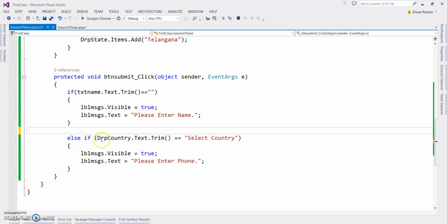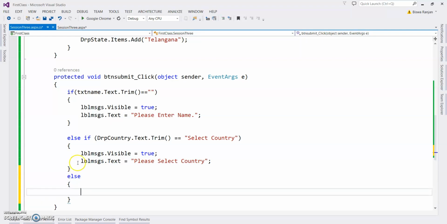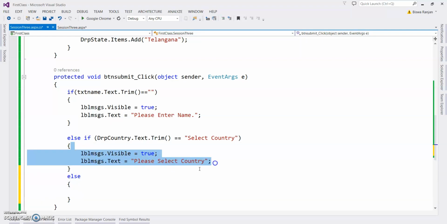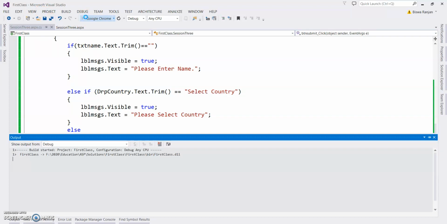Just giving an example, then please select country, else. Save this and run this.